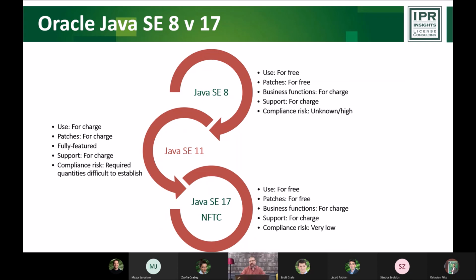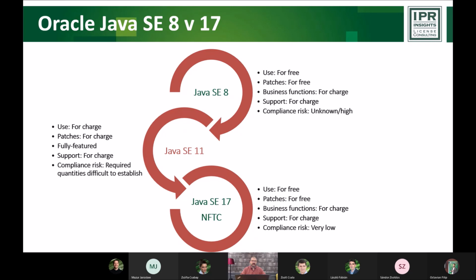Also, I think there would be a lot of problems between customers and ISVs who provide an application for them with Java included, because if let's say the agreement for this application was signed 5 years ago, in that case, the ISV probably didn't budget for a Java license in the total fees that they are invoicing the customer or have been invoicing to the customer, and the price increase is often very difficult to push through.